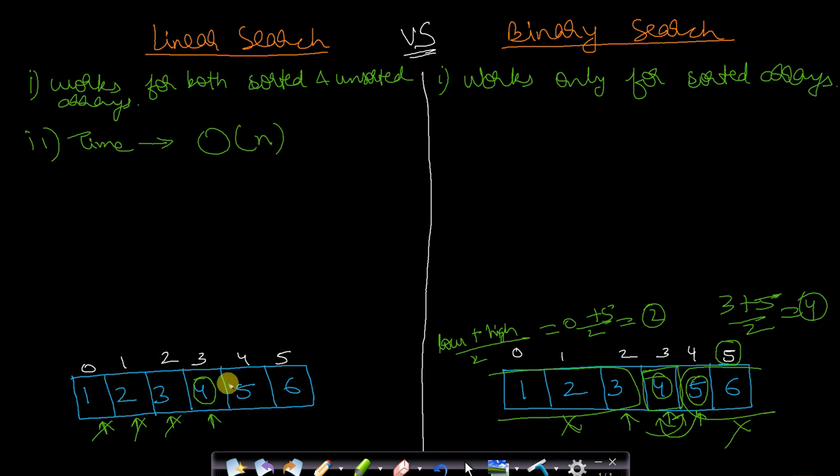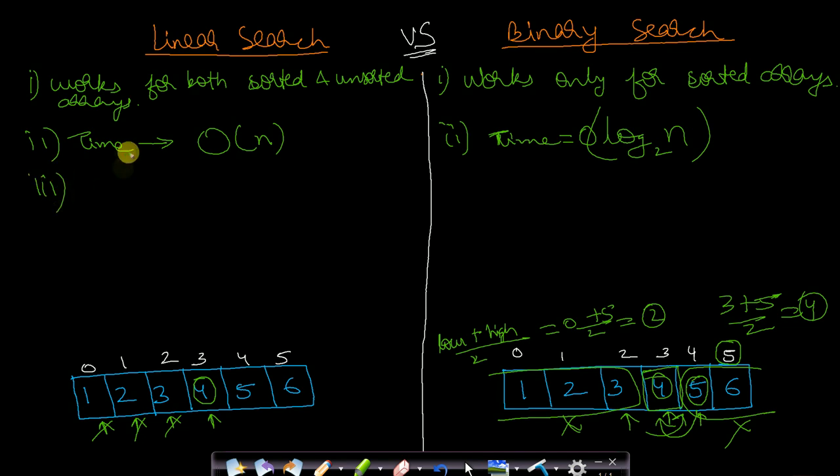since every element is compared one by one, the adjacent elements. While the time complexity in binary search will be log of n, log n base 2, since we are dividing the entire array into two halves, and then if the element is present in one half, we are discarding the other half without comparing the elements in that half. Therefore we are decreasing the number of comparisons, and therefore the time complexity also decreases to a great extent. It will be order of log n base 2.